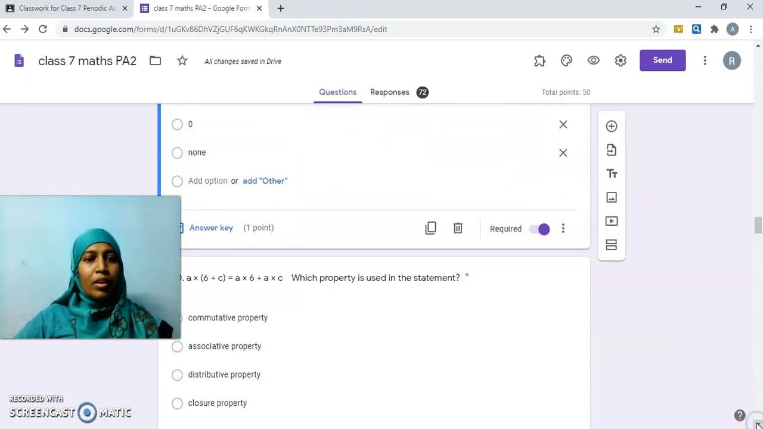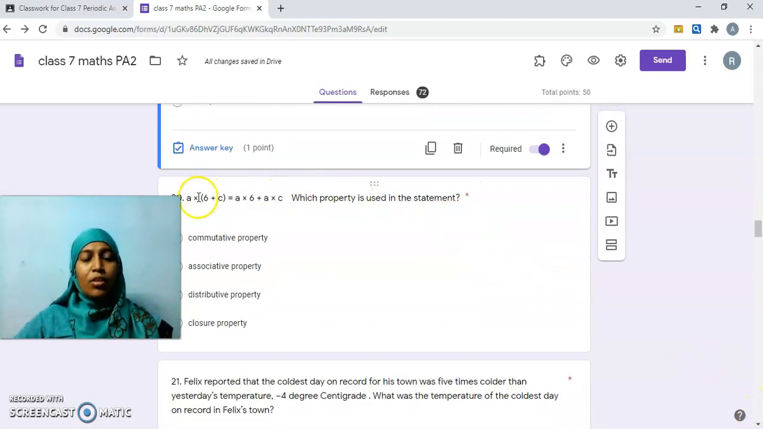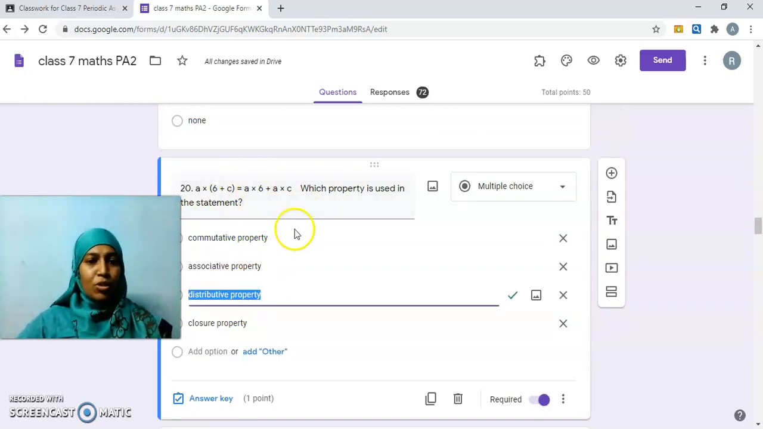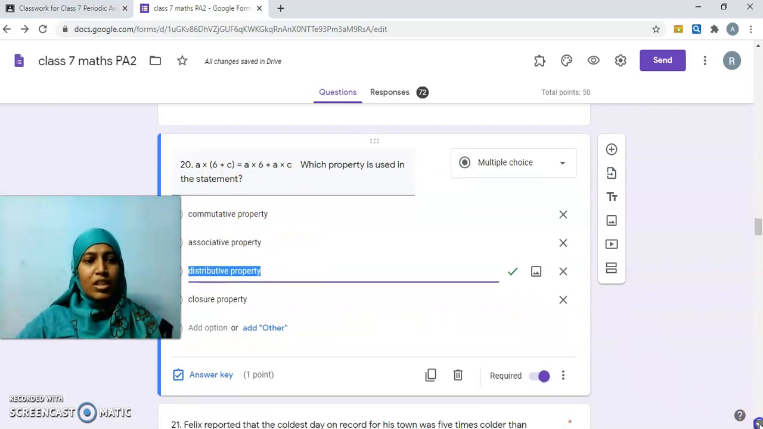Okay. Now the next question here is, while you are writing the exam, here you had 5. But just by looking at it, it's possible to say the property here is the distributive property. It is being distributed. Okay. The next question is,